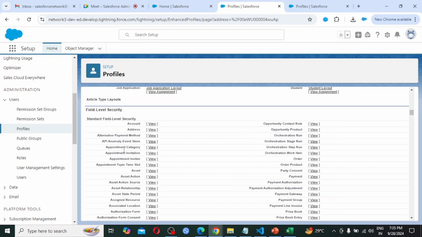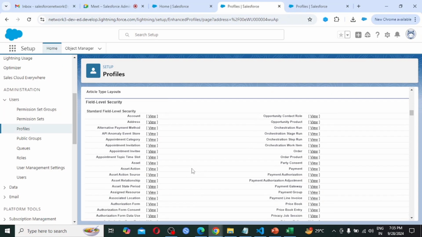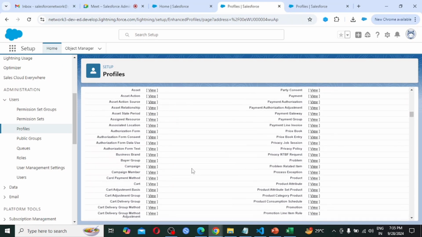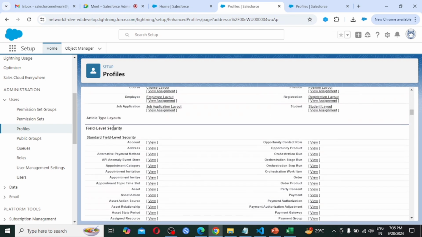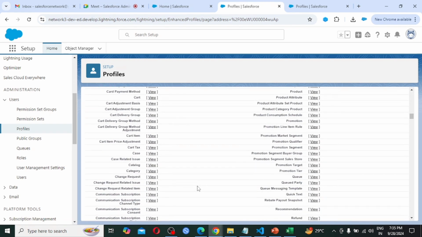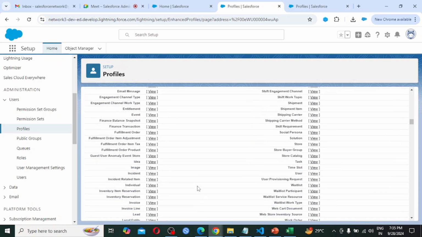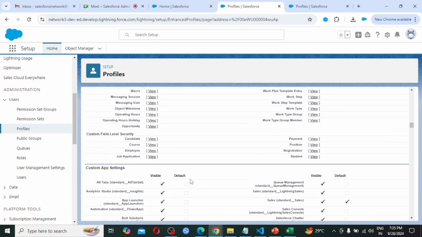Standard field level security is created by Salesforce and given to us. These field level securities we can also control. First we are going to see our custom field level security. We had created these many objects.